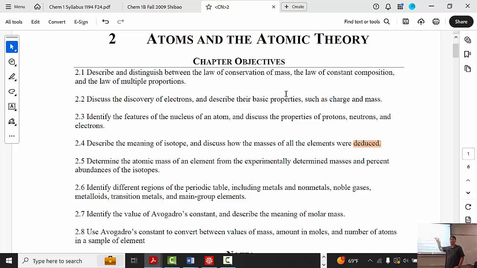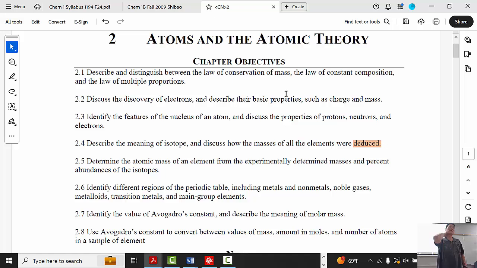We have those masses. Can we just add up the masses of the protons, neutrons, and electrons? So 9 times the mass of the proton, 10 times the mass of the neutron, 9 times the mass of the electron, and then add those up to calculate the mass of the fluorine atom. Can we just do that? It seems to make sense. But it doesn't work. It doesn't work because there's something called the mass